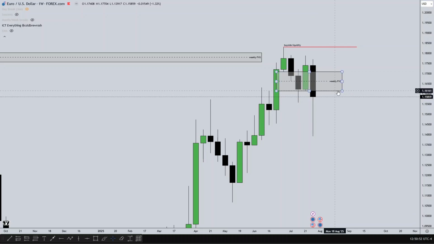Why? Because the fair value gap failed to create higher prices for price to run the buy side liquidity. It traded lower, took out the swing low, and went for the swing low. So going into next week, I clearly don't have a bias. I'll be waiting to see what price will present itself, and if there's any daily perspective, I'll be doing a daily review on that trade.